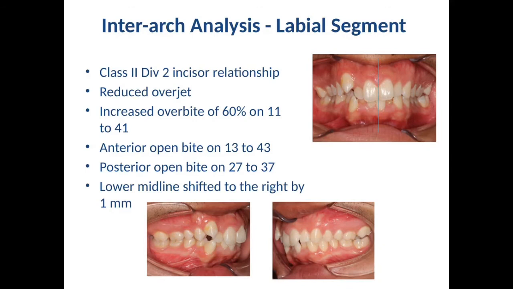For the interarch analysis on the labial segment, patient has a class 2 division 2 incisor relationship with a reduced overjet. There is increased overbite of 60% on 1-1 to the lower 4-1. There is anterior open bite on 1-3 to the lower 4-3. There is also posterior open bite on 2-7 to the lower 3-7. And there is lower midline shift to the right by 1 mm considering that the upper midline coincides with the